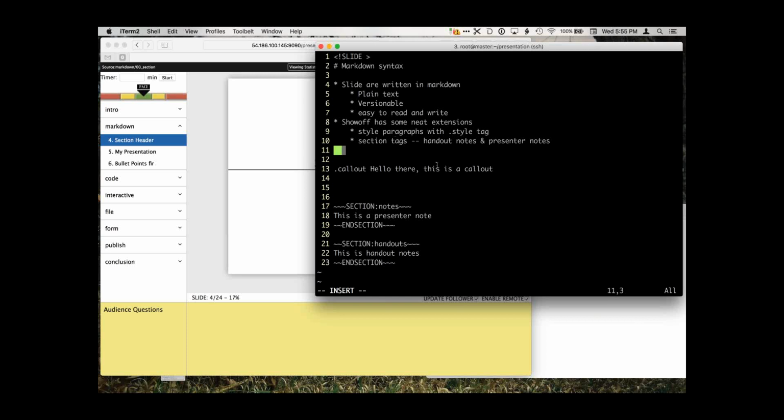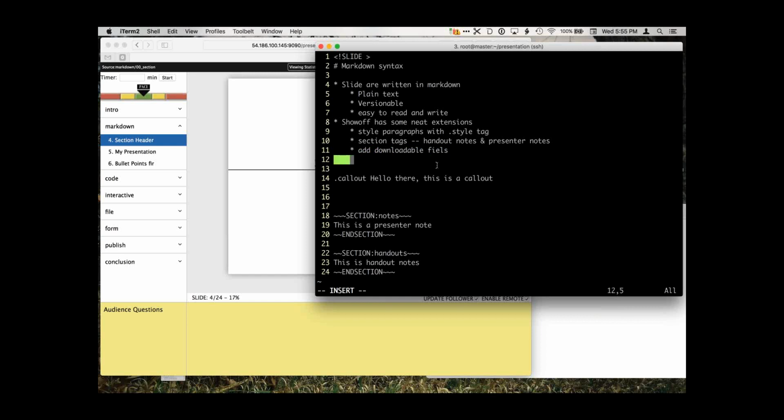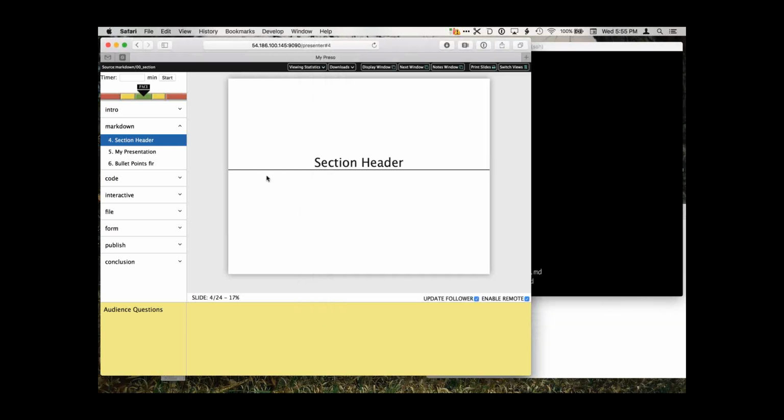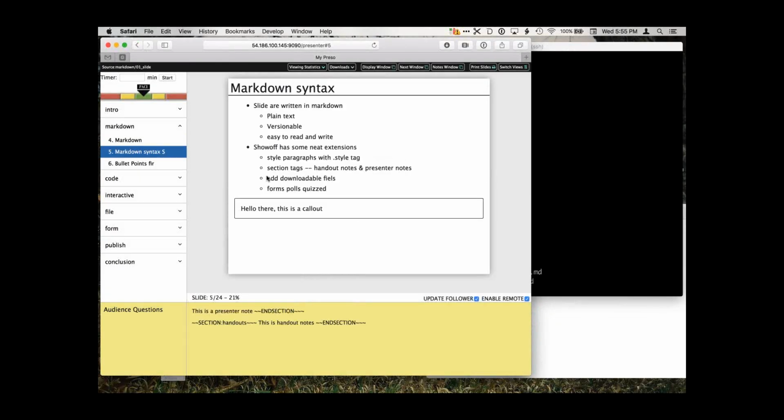And then a bunch of other things. We can add downloadable files. We can do forms for polls and quizzes, etc. So let's see what that'll look like real quick. There's Markdown. Now this is a callout. It's not very exciting. There's just a box around it.